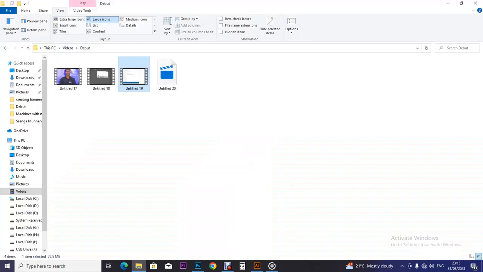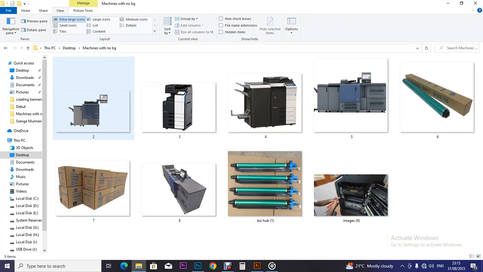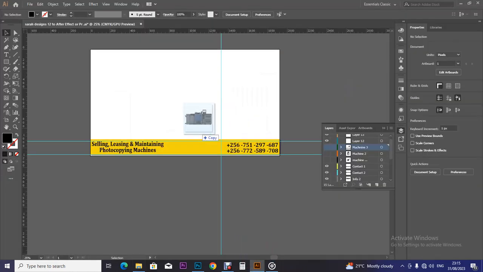So if we go back to where we were saving our images, that is the desktop, then machines. From the machines we are now going to be getting them. We haven't used this, we've used the, have we put the toners? I believe no, we stopped on this one. So from here we need this. So if we get this, drag it and bring it near here,